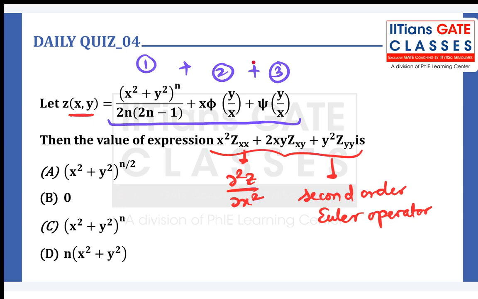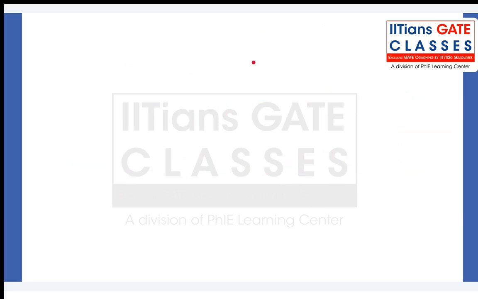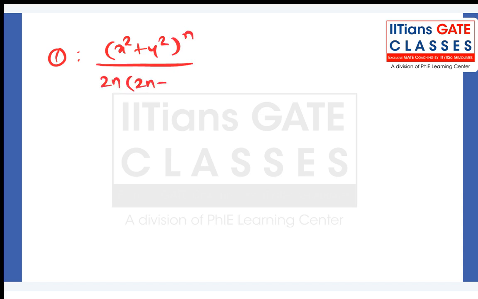For example, if you take this first function, that is nothing but x square plus y square power n. If I'm not wrong, it is 2n divided by 2n minus 1, isn't it? So in this case, if you evaluate, this is a homogeneous function, first of all, with degree